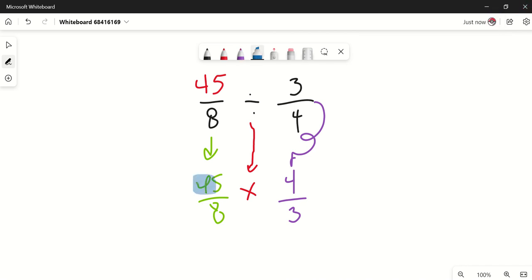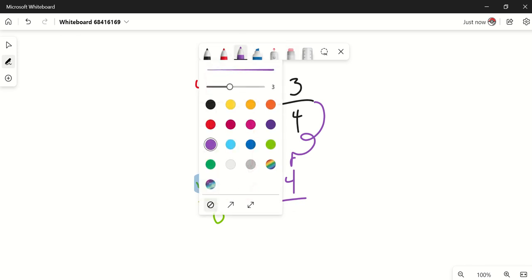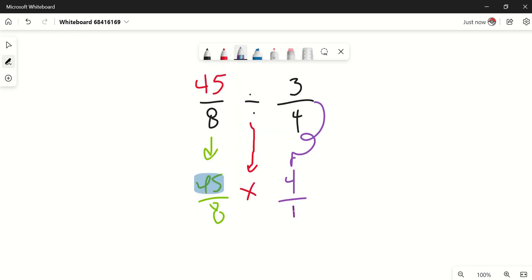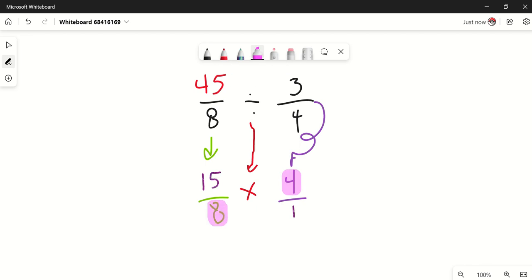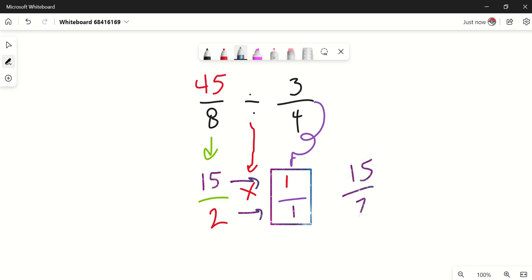So if I divide both of these by 3, this will become, let's pick a different color, 1. And as we just checked with our calculator, 45 divided by 3 becomes 15. The 4 and the 8 also have something in common, which is 4. If I divide 4 by 4, I'm going to get 1. And if I divide 8 by 4, I get 2. Notice I have my wall of 1s, so this is just going to be 15 over 2, which is an